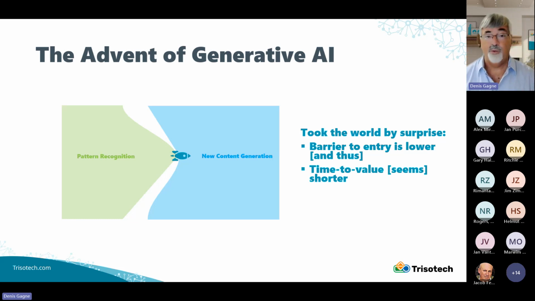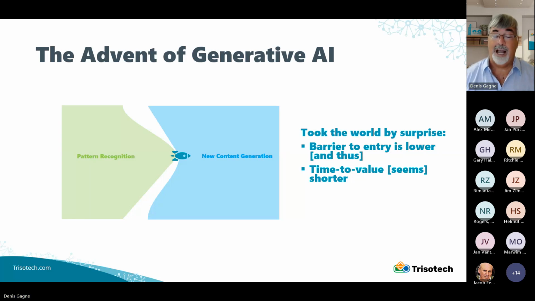Generative AI has been in the works for a while. A lot of us and a lot of people around us are seeing this as if it was brand new, but there's been work since the 2000s on progressing towards what's really in the face of everybody now. So it's not brand new. What's new is the fact that we were taken by surprise by ChatGPT.